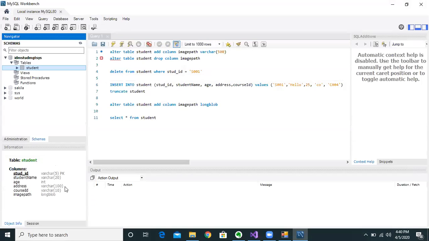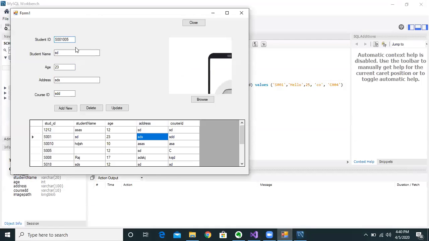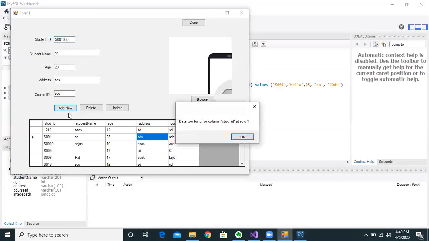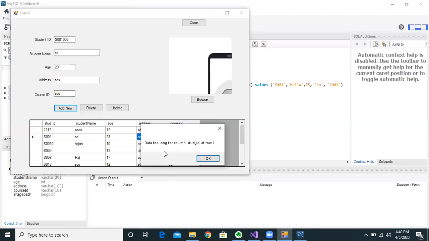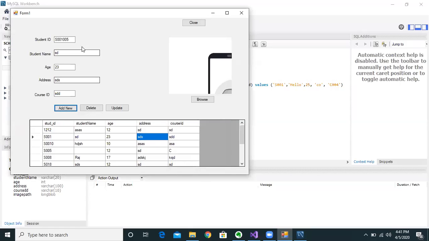So if you look at the student table, I have defined only 5 characters for the student ID. Only 5 characters, varchar, so the varchar size is 5. Let's say I'm entering more than 5 characters. Even then I'm capturing the MySQL exception. This time the exception is different: "Data too long for column student ID at row 1." So like that you will get the